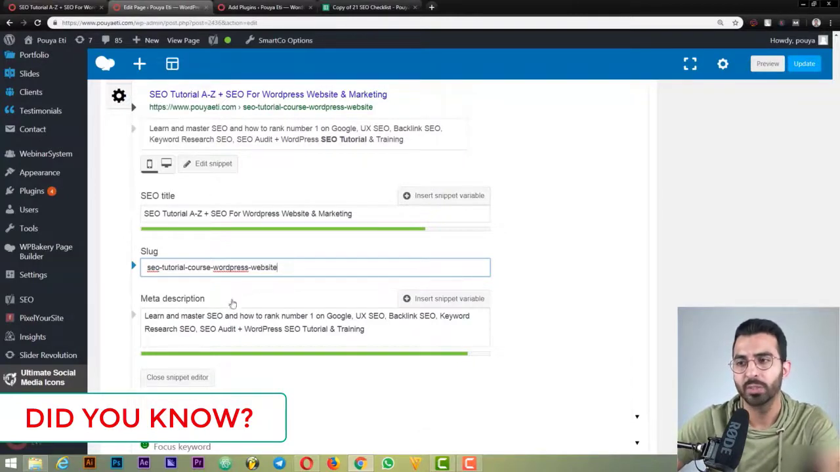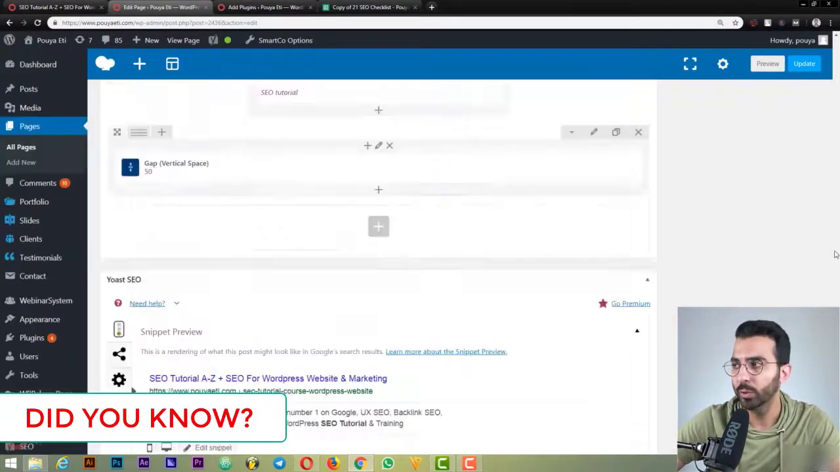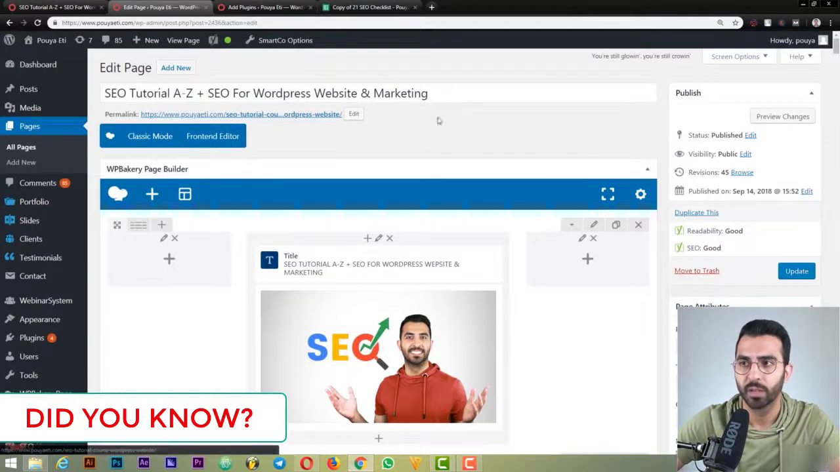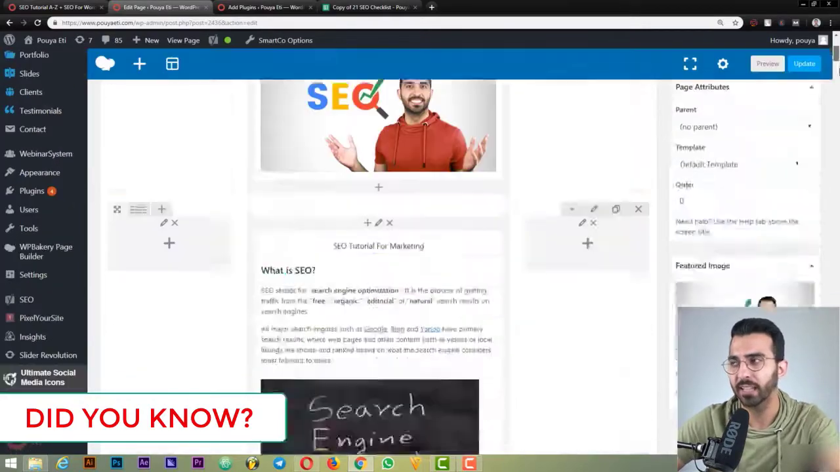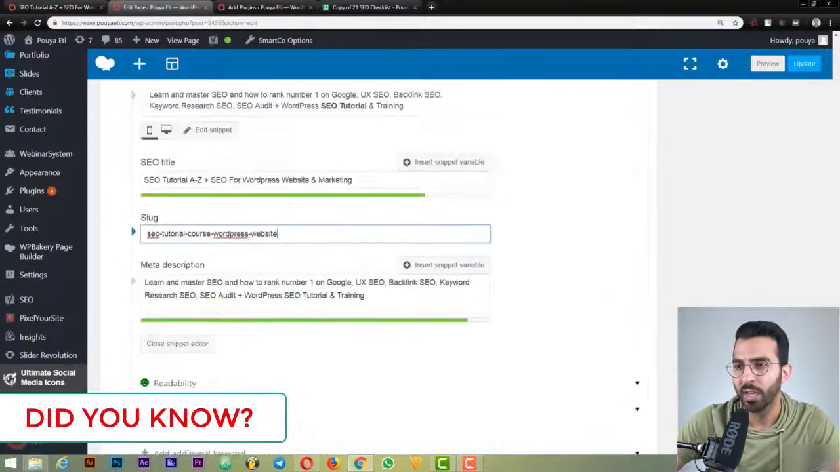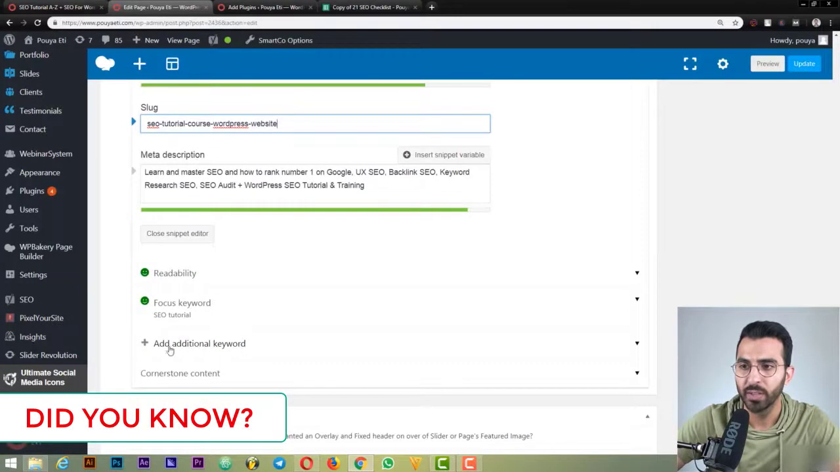Now it is very important to use your focused keyword in your SEO title, in your slug, and also in your meta description. Your focused keyword must be in all of these. All right, so where can you add your focused keyword? We already used the keyword in our page title and our URL, but we really didn't talk about what our focused keyword is and where we can add it. So if you install Yoast, if you come down a little bit, you can see